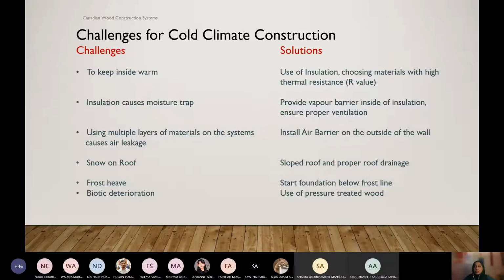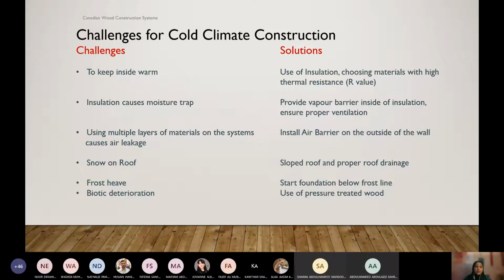And when we choose the materials, the thermal resistance, or R value, is the main concern for us. Whatever materials we choose, we need to see what the R value of those materials is. The higher, the better. So the insulation gives a very, very high R value. And even those plywood, the OSB, and whatever materials we use, the reason behind it is that they have a higher R value. Even the wood has a much higher R value than brick.